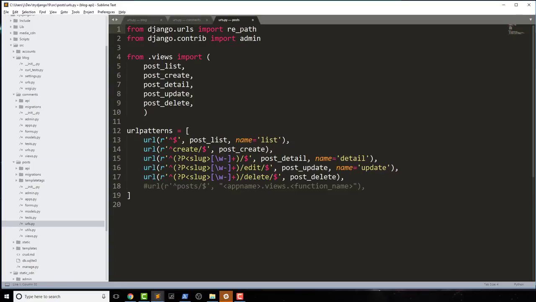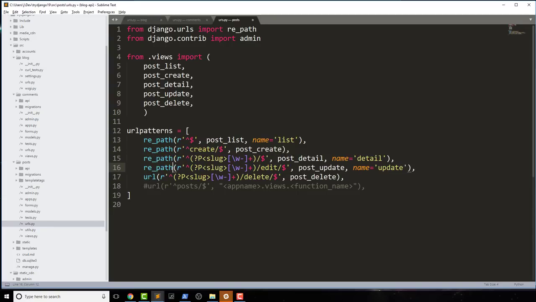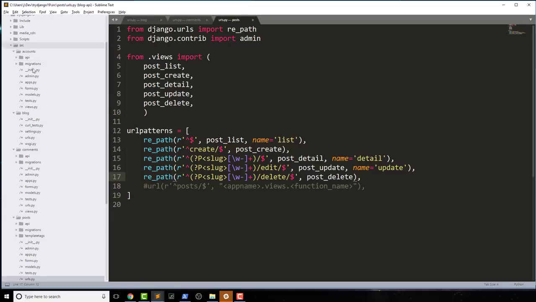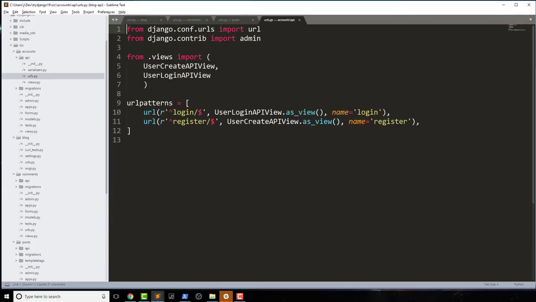And here, repath, changing all the URLs. Now, you can use just path for some of these. Slug, I think you could even do it there. I'm not going to really cover that portion because, again, it's about speeding up the upgrading process here. I did notice that I have accounts app. I don't seem to have URLs in here, but I might in my API, and I do. So same thing. I'm going to go ahead and copy that, go into here, paste this,